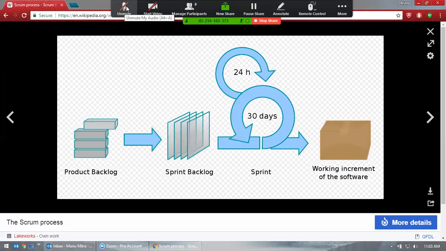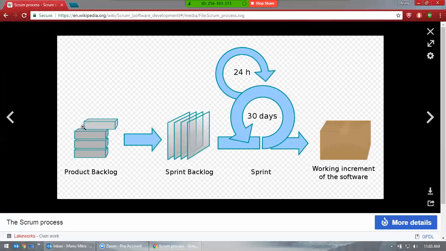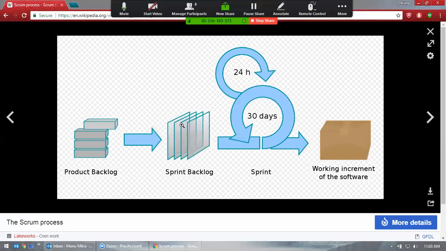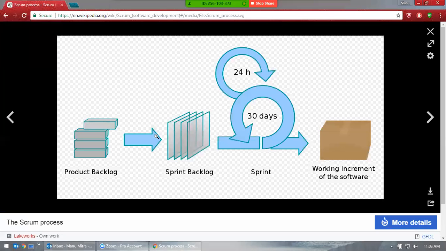So you have the product backlog. You set these boxes 1, 2, 3, 4. Let's say each is a pretty high level requirement. Each box has, let's say, 4 sprints. That means each block takes 4 months, each box 4 months. So 4 times 4, a 16-month project. It's not necessary that way, I'm just trying to explain for ease of convenience.